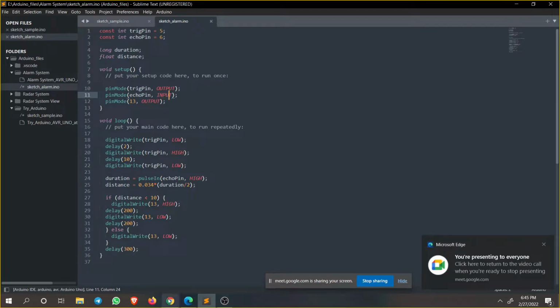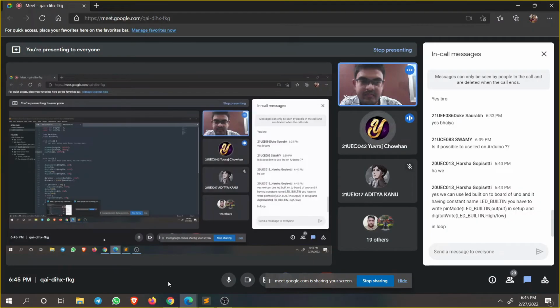Okay, and this is the LED now, pin number 13. So obviously it will be our output. So is it clear? Yes भैया, thank you. Okay,